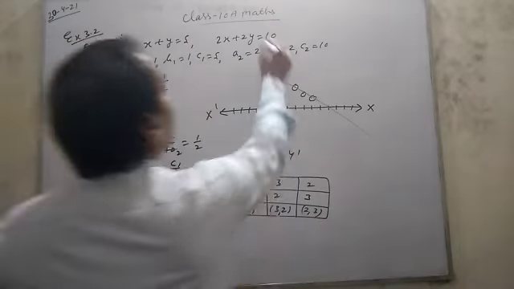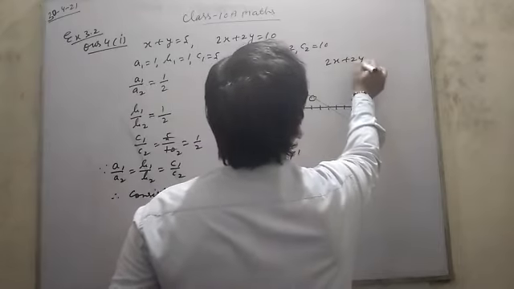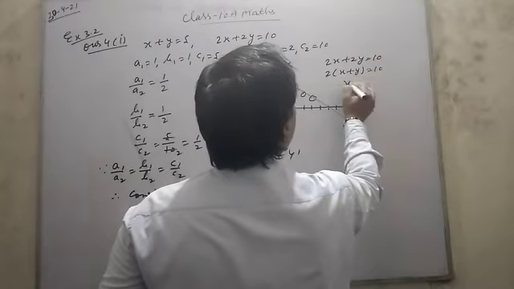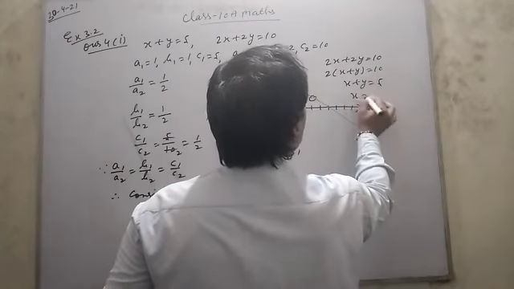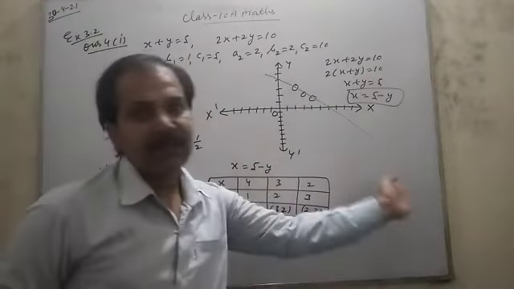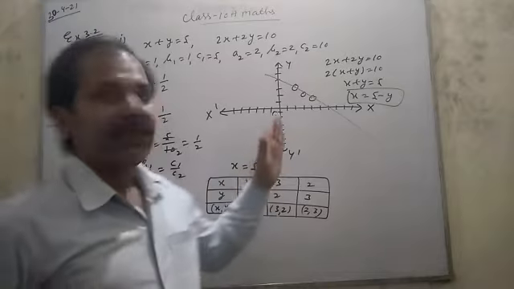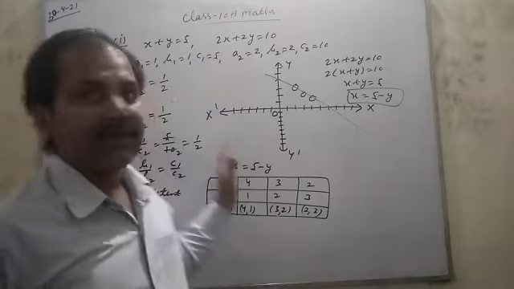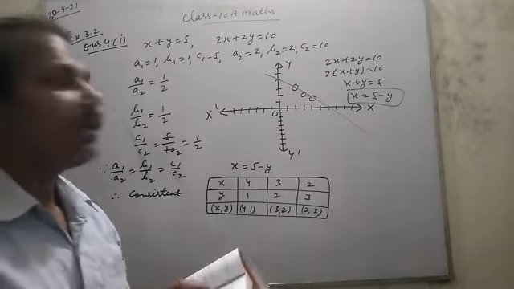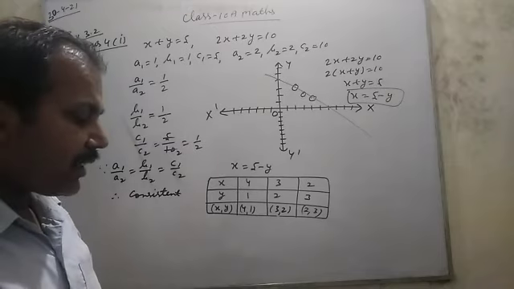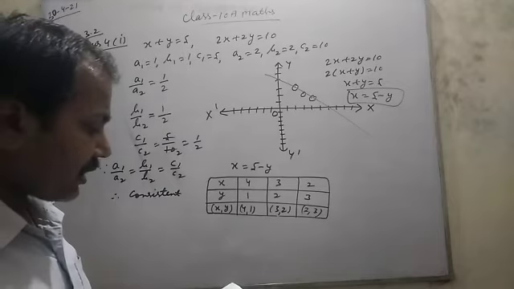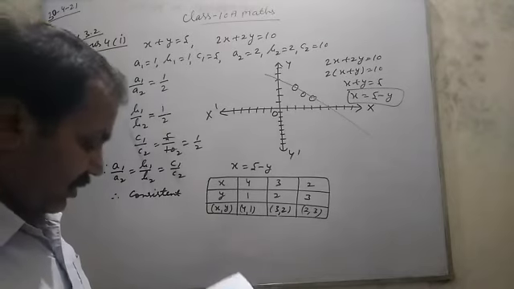And then for this equation 2x plus 2y is equal to 10, you can take 2 common: 2 times x plus y is equal to 10, means x plus y equal to 5. Means both equations are the same. So from this also the same line will be. So what you will write? These pair of linear equations have infinitely many solutions. Clear? And like this, the remaining parts of this question you can try by yourself. Concept I told you.